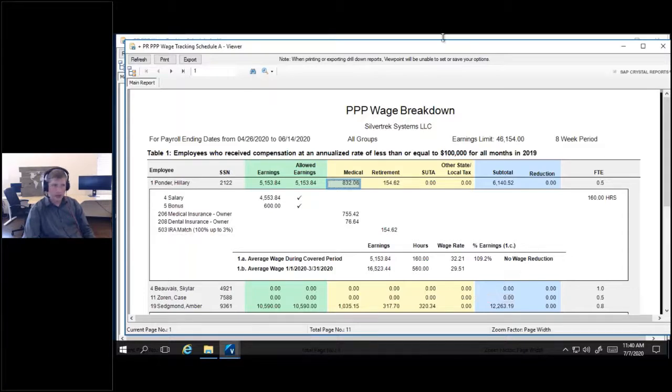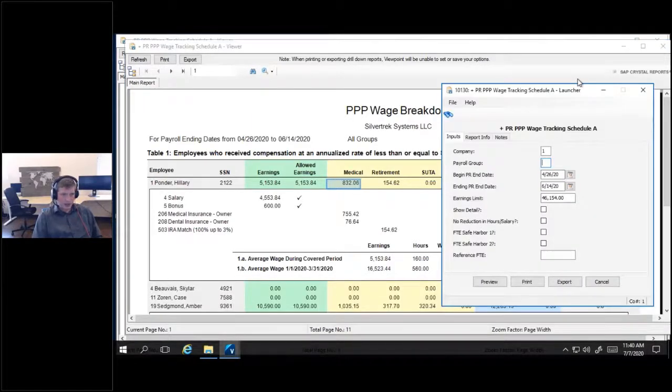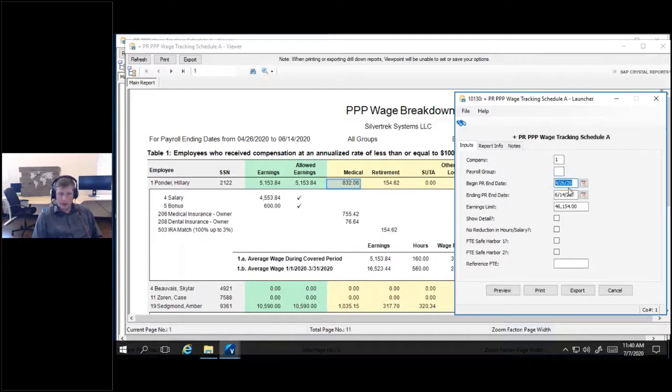We had a question earlier from someone who was interested. They said, well, what happens if I do want to run this for less than 24 weeks? My CPA says I can do this. All you have to do on this whole report is based on these parameters. So if you wanted to say we run it for 16 weeks, and from the accounting council you have, if you believe you can apply for this and your bank is allowing that, then you just simply put in 16